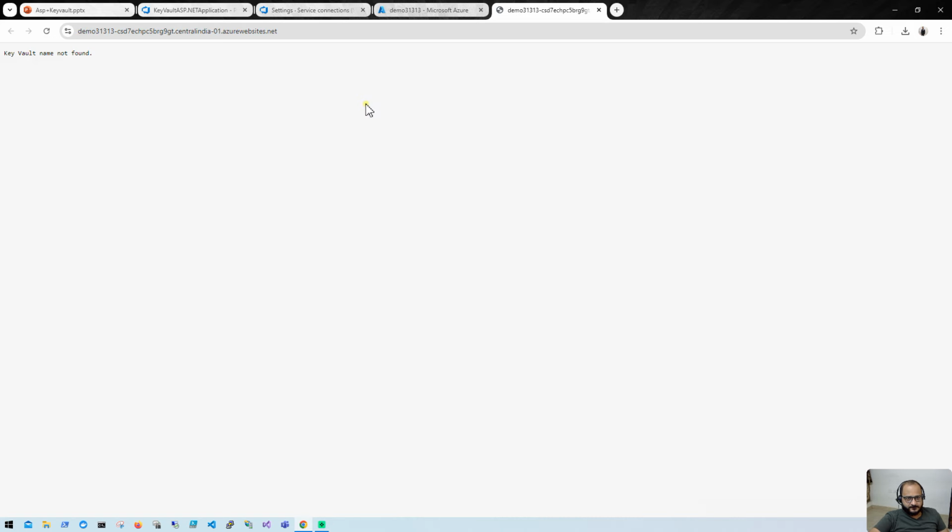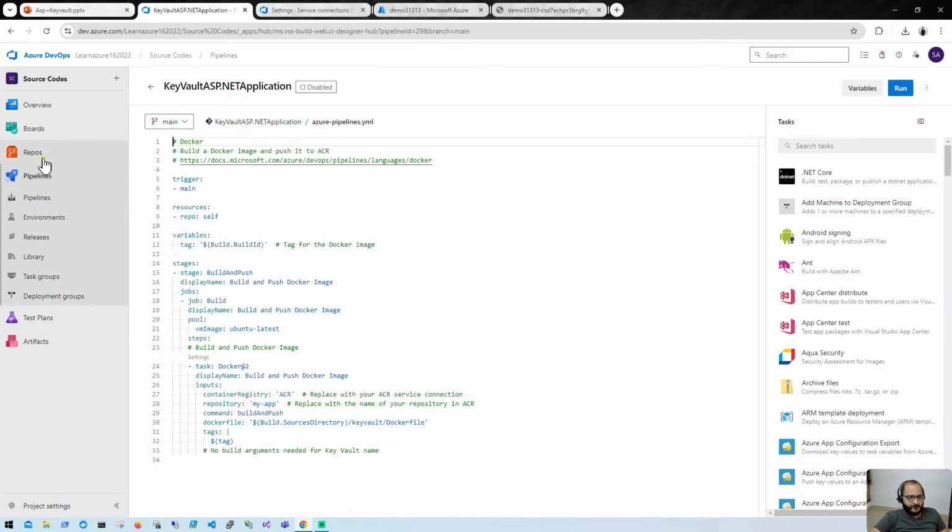Let me browse the application now. Let's see what the error or response is. So you can see Key Vault name not found. It means it's not even deployed our application. No, it has deployed our application. If I go back to my repository here,